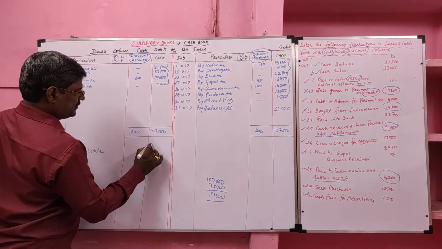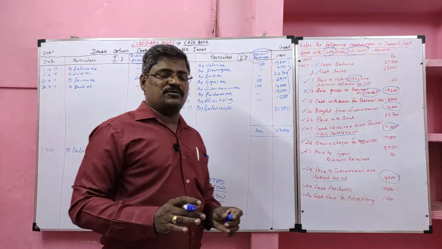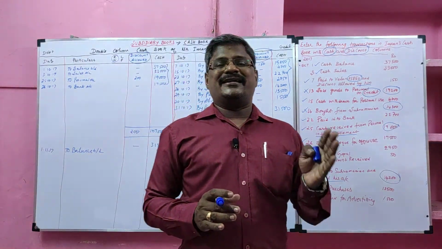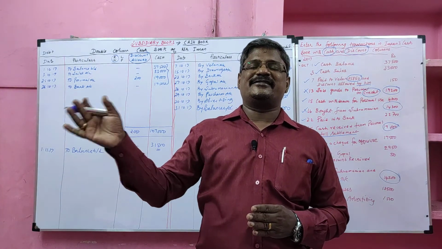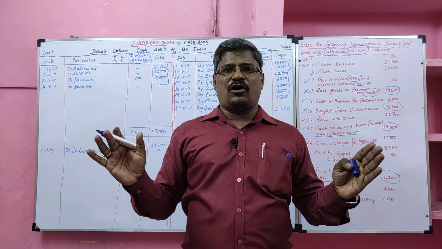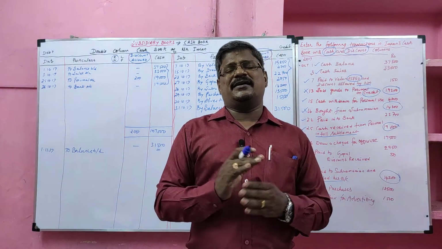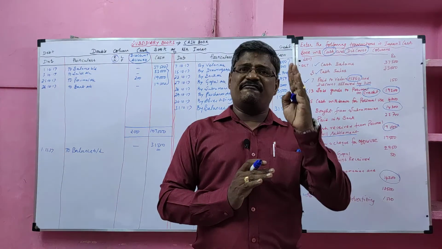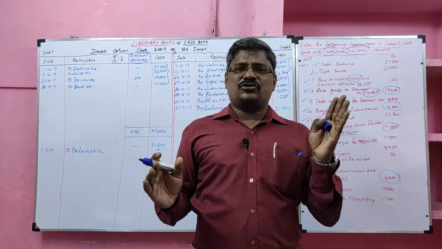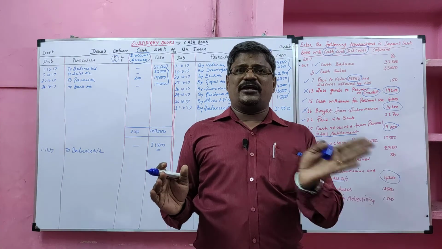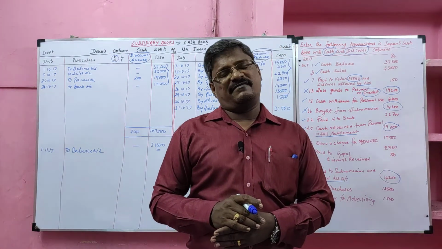The value is 31,500. Students, in the double column cash book we have two columns, discount and cash. On the debit side discount allowed is recorded, on the credit side discount received is recorded. The discount column should be totaled, not balanced. But in the cash column, as I said earlier, the debit side is always heavier than the credit side. First total the debit side, then bring that total to the credit side and find the balance. It is the closing balance, and it will be the opening balance of the next month.